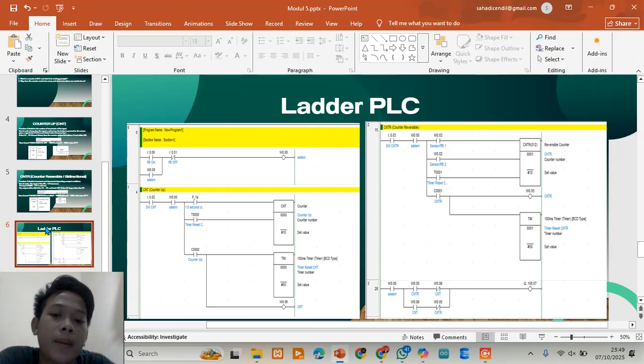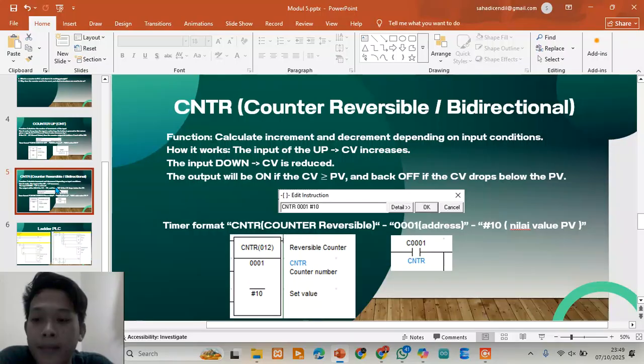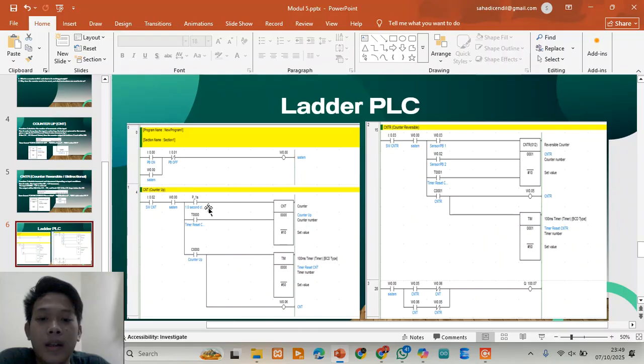Now we move to the CNTR instruction, or reversible counter, in the diagram.